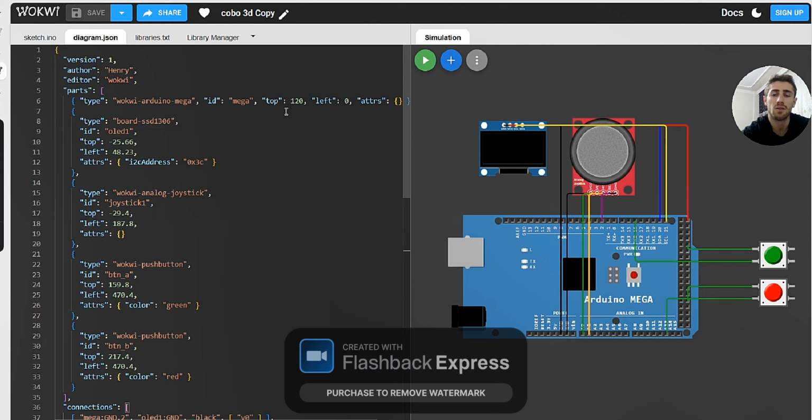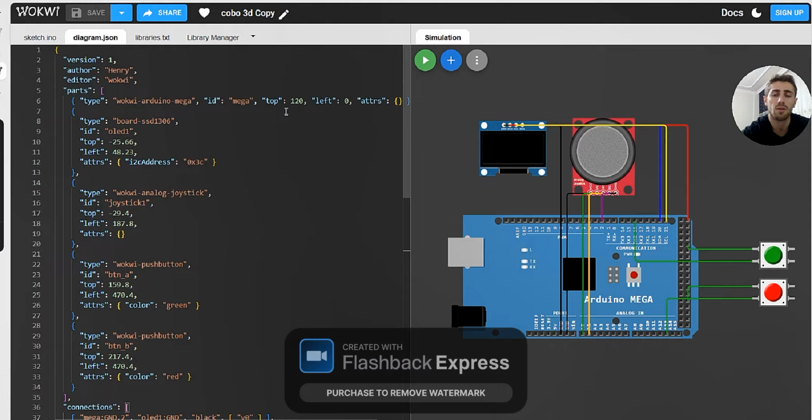The OLED display communicates with the Arduino using the I2C protocol through the SDA and SCL pins. The joystick is connected to analog inputs, allowing future versions of the project to include interactive camera or object control.